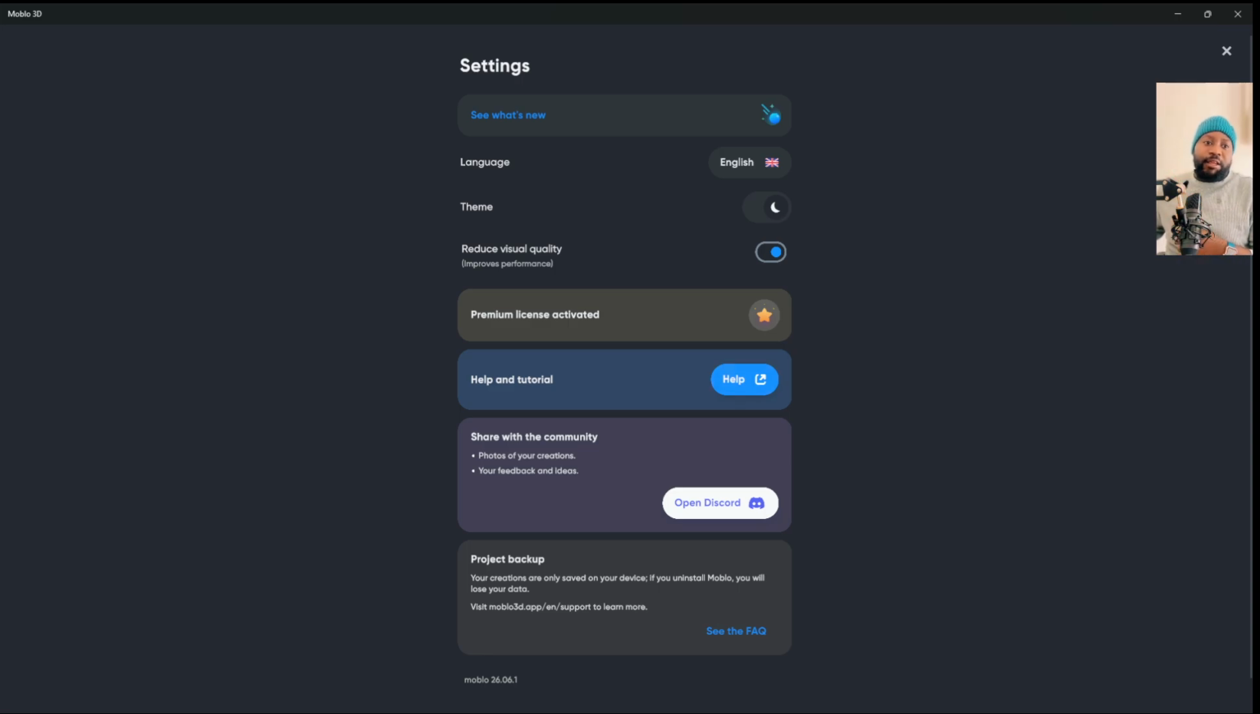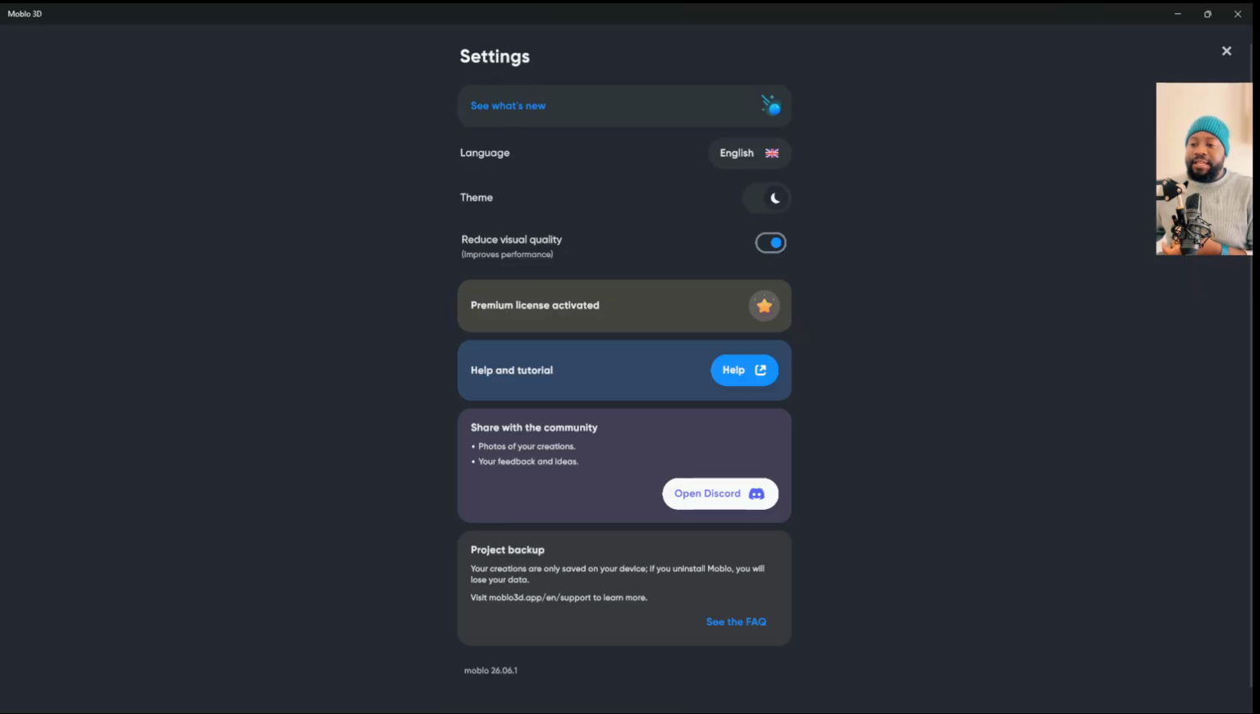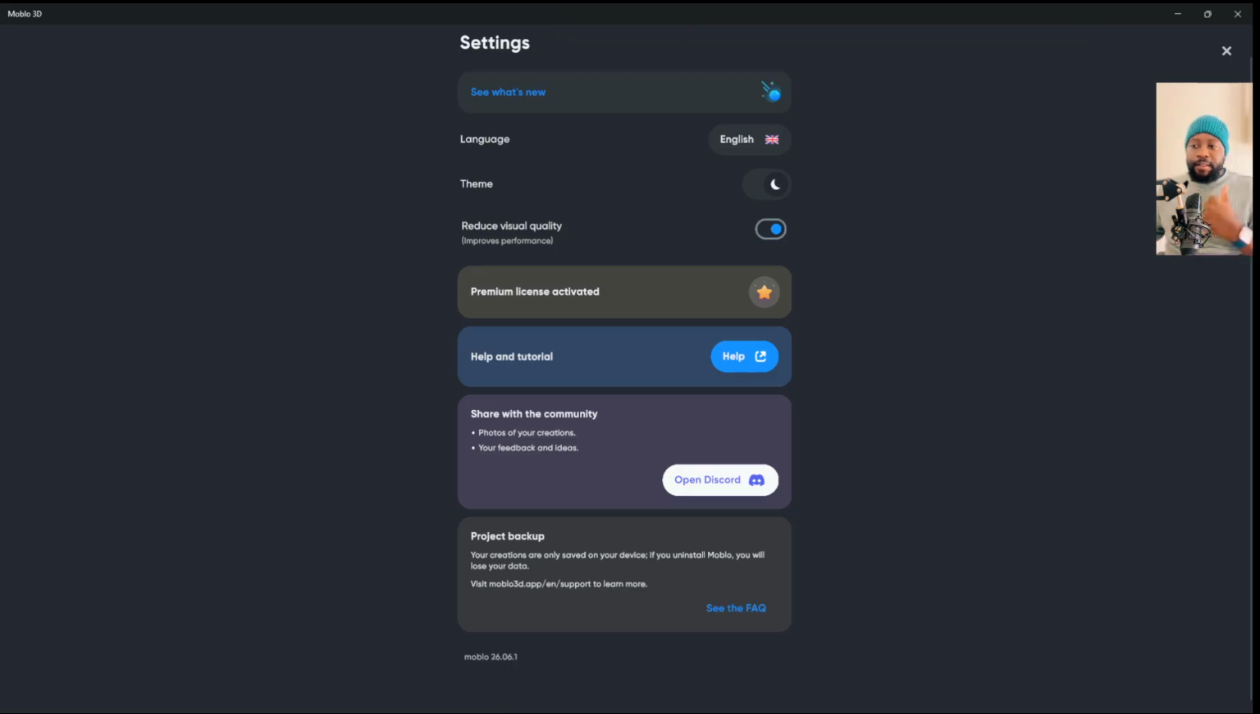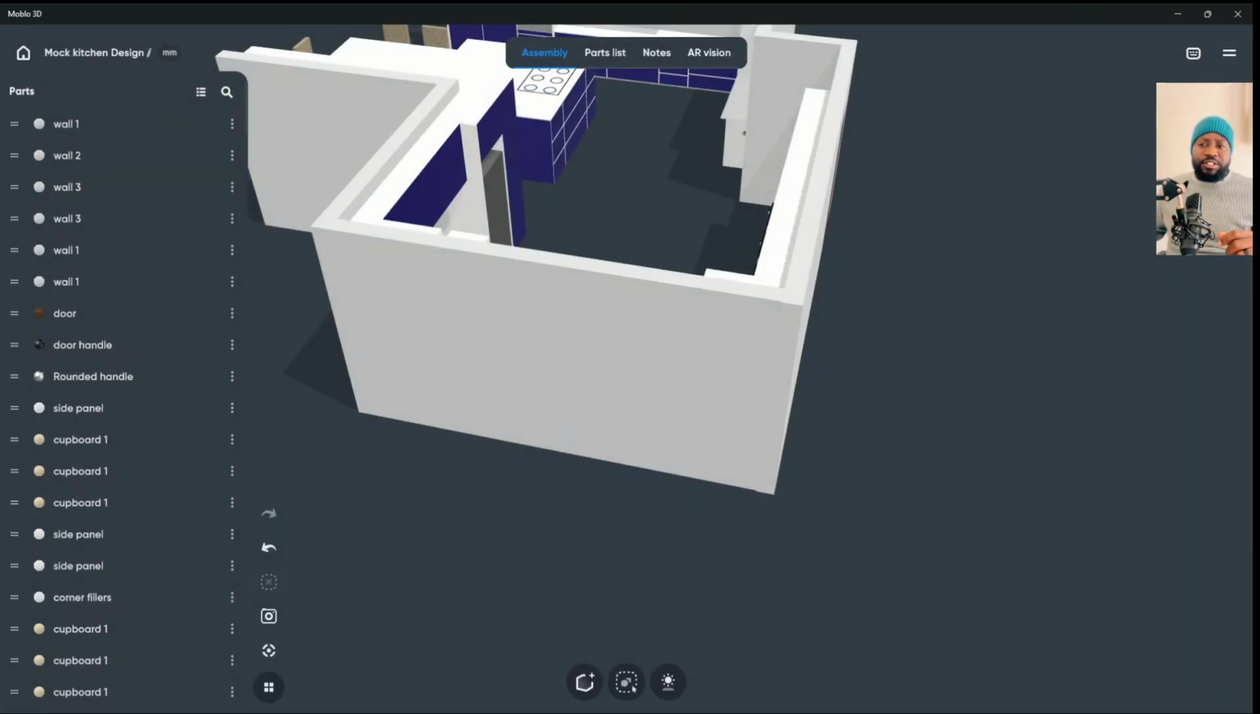If you see here, it's saying premium license activated, which means I have paid for my, sorry, my English is failing me, for my software. But if you really want to check if you have it on your laptop, just go on to your